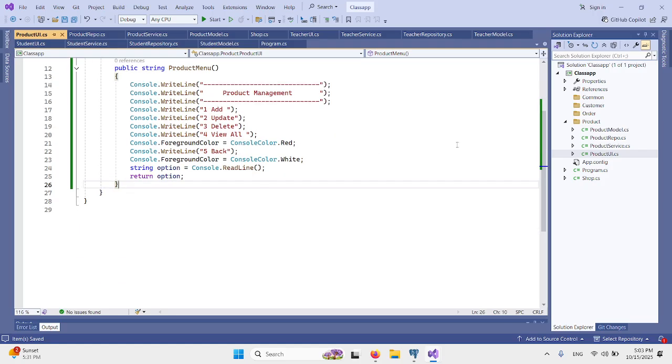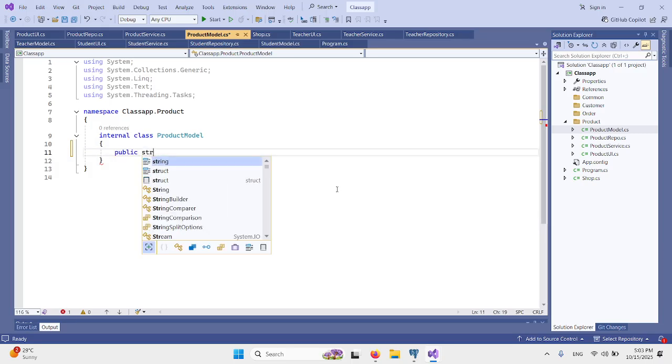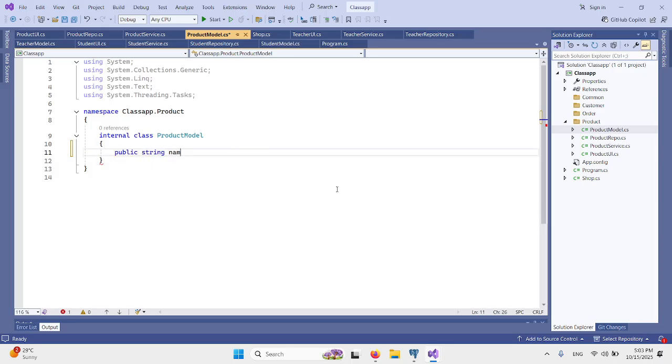Now let's go to the product and define the attributes that we need for the product. So we need a private string. Well, why are we taking it private? Okay, no problem. Let's take it public. Okay. So when you create a variable as private, it means you cannot access that variable outside of this class. Even this is recommended.